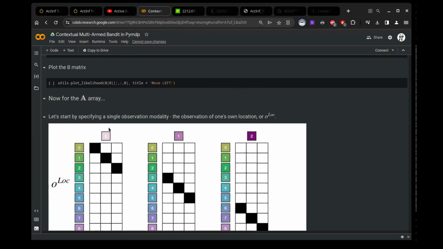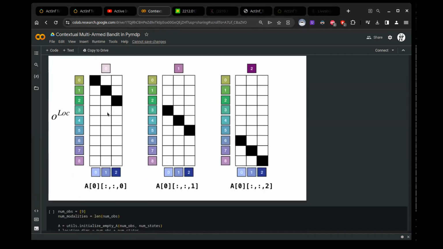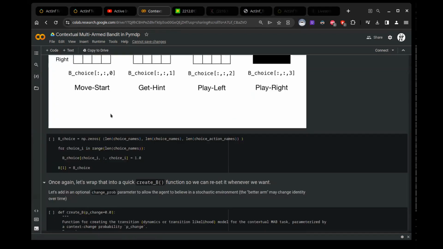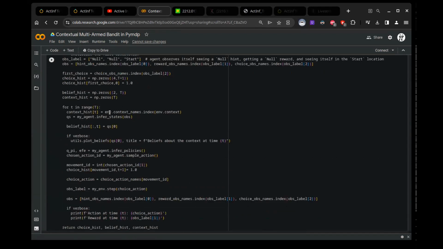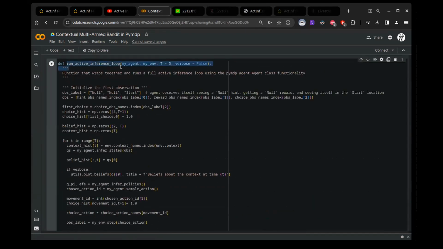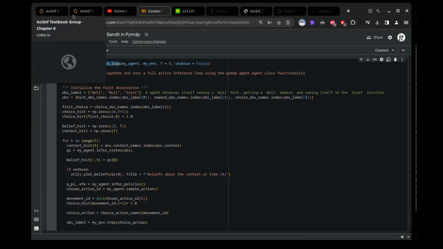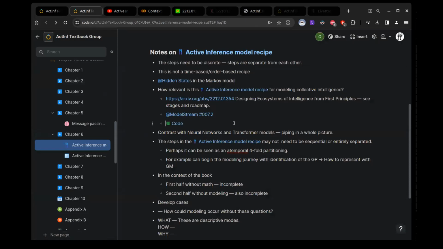But these are the variables that you need to set up: A, B, C, D, E. And then at the bottom, you see the routines, the run active inference loop. So if seeing it in a pseudocode way helps you understand the processual nature of the active inference loop better than the analytical equations, that's definitely a good way to learn and study this. Okay, yeah, great. Any more that we can say on this?